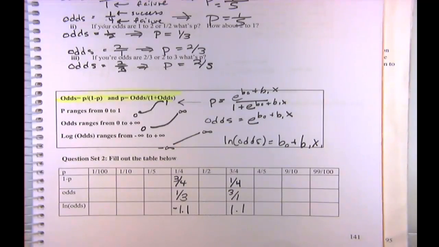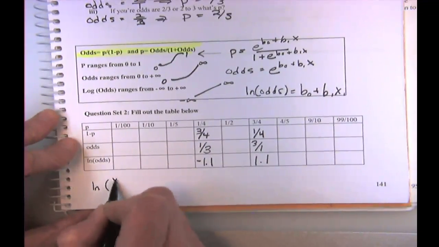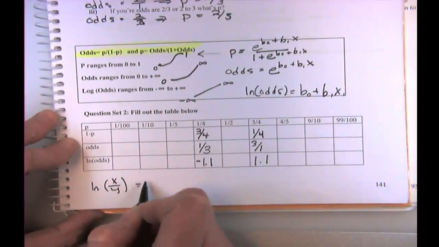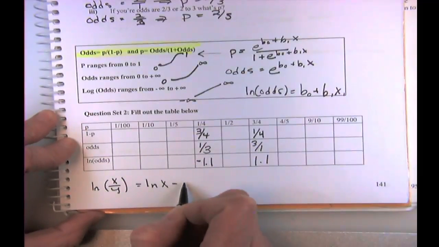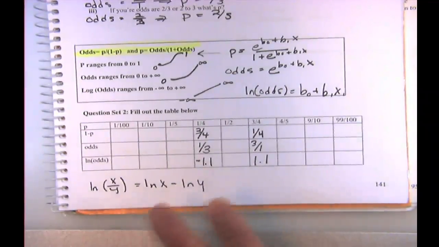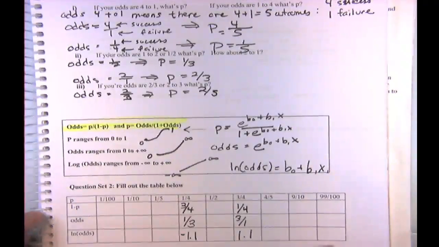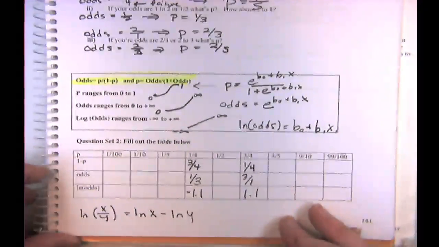Okay. I mean, the log of x over y is equal to the log of x minus the log of y. So y over x is just going to be the opposite. All right, so we've got that. And